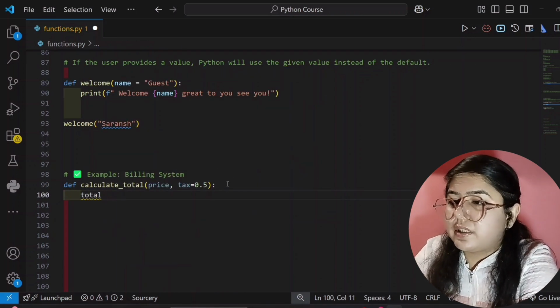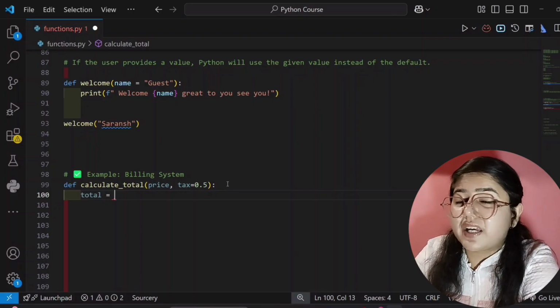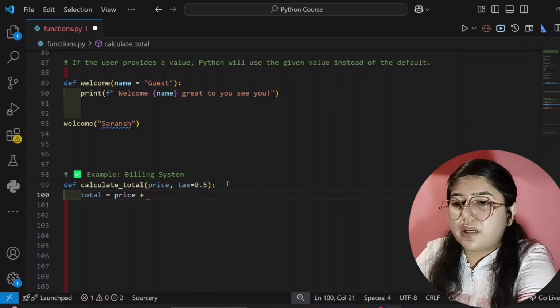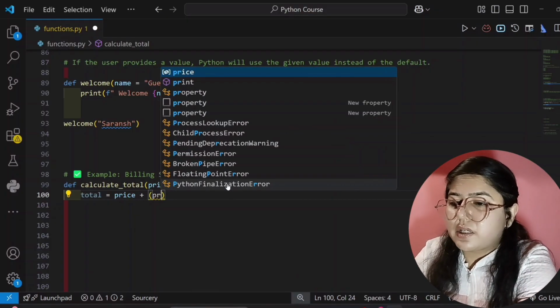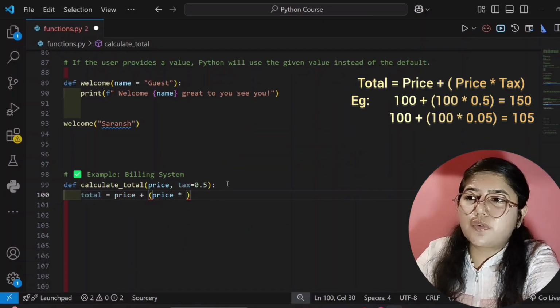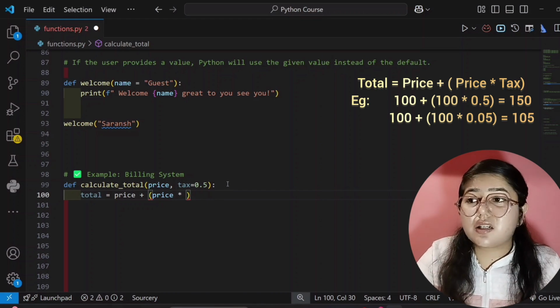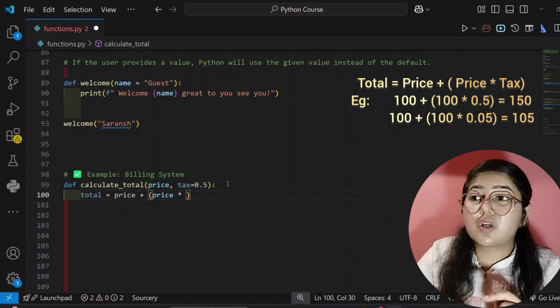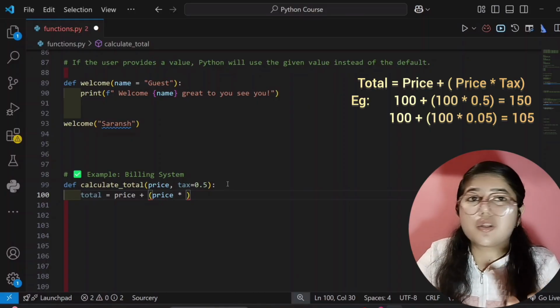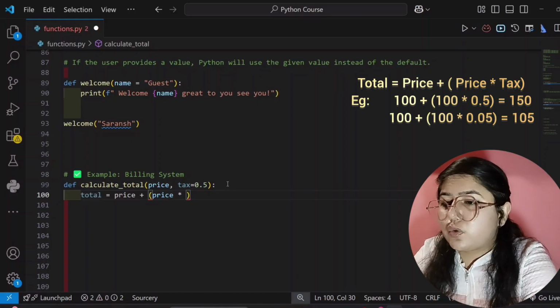Okay, so now next is total. I am creating a variable here. I am calculating the total price with tax. So for the price, whatever the item price is, that price will be included, and with that you have to add the tax. And how will you calculate the tax? Obviously price into tax. So for example, if you buy a noodle packet and its cost is 100 rupees, then you have to multiply that 100 into 0.5, because tax is 0.5, so 100 into 0.5. Okay, and then the answer will come, that is 105. So like that you have to calculate the tax